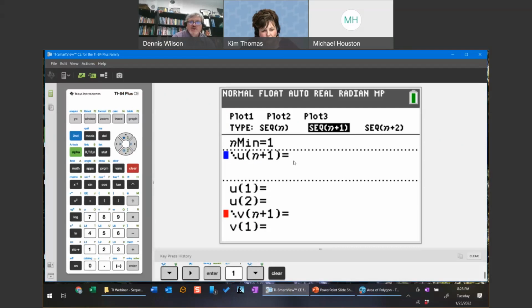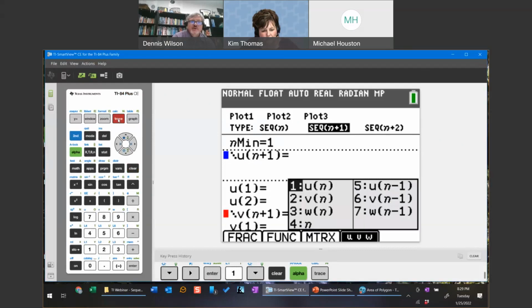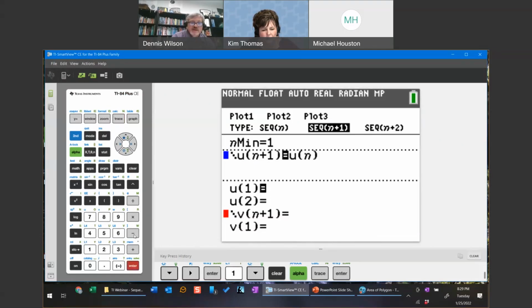And to get what u is, I'm just going to use the shortcut of alpha trace. So on the TI-84 plus CE, alpha trace will give me the sequence variables if I'm in sequence mode. Okay, if you're on an earlier model of the TI-84, you can see it right above the 789 key. The second 7 would give you that u, but I'm going to use u of n plus 1. Alpha trace is giving me un, and then I'm going to subtract out the 0.08,